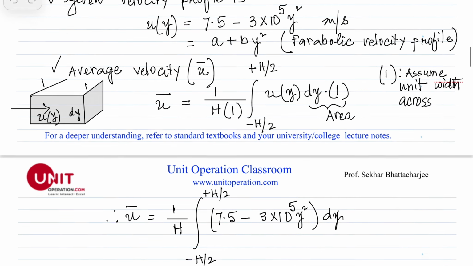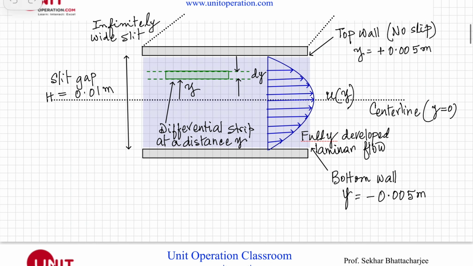So as you can see here, this is where at the center line will be the maximum velocity, and of course as it touches the walls, right, at plus h over 2 and negative h over 2, this is a no slip condition. Here the velocity u would be equal to 0, and this is also u would be equal to 0, right? Okay,